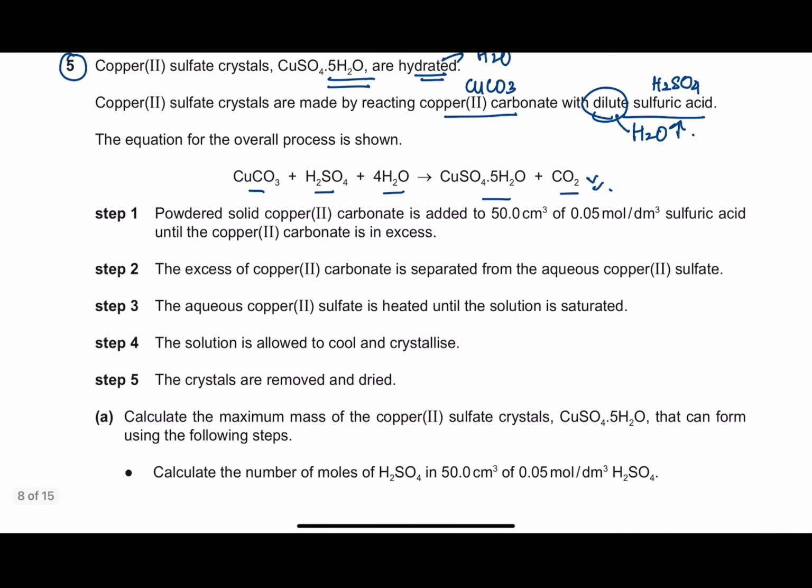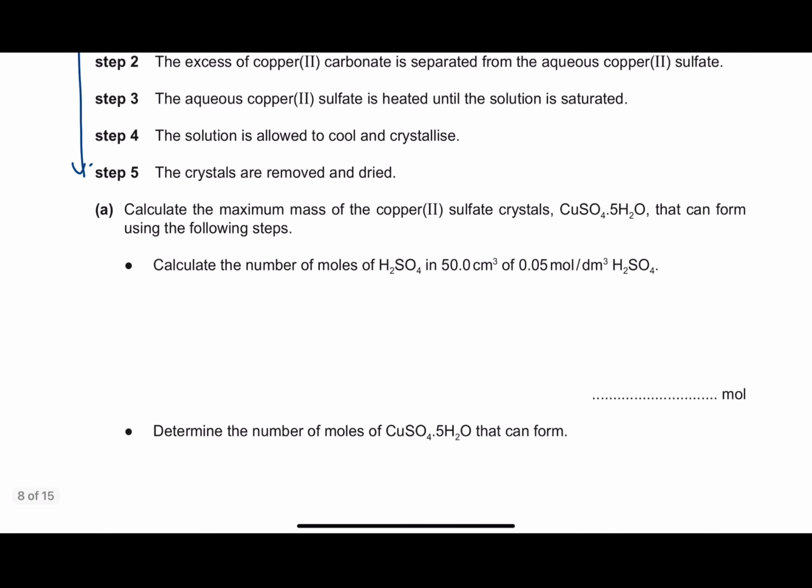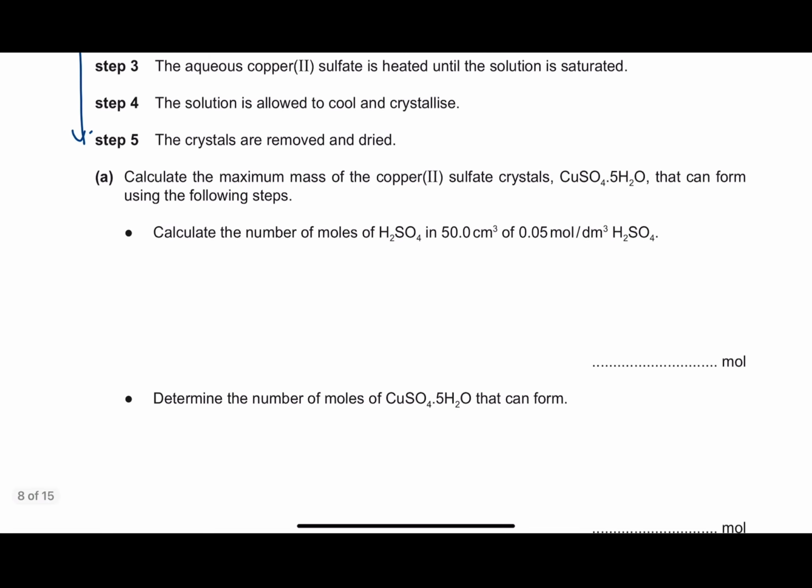So as you can see, there are 5 steps here on how the crystals are formed. So we'll be moving on to the first question. It's asking you to calculate the maximum mass of the copper(II) sulfate crystals that can form using the following steps. The first step is you need to calculate the number of moles for H2SO4 in 50 cm³